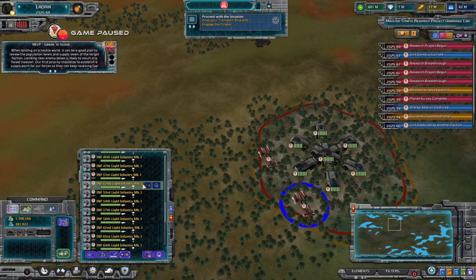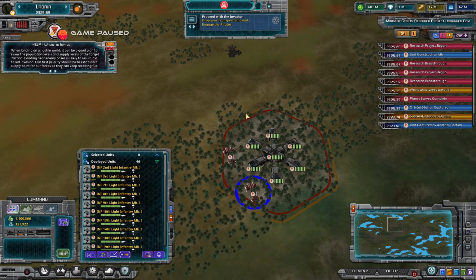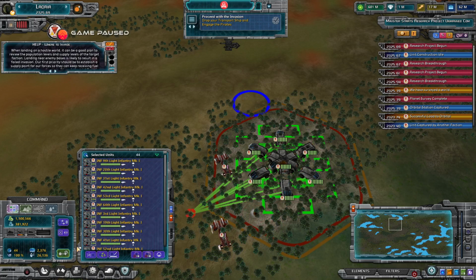And now let's go ahead and engage the pirates. So I'm gonna go and select these guys and not... Nope. All right, let me move him a little bit. This is just... There. Okay. There, I just wanted to select these guys and...